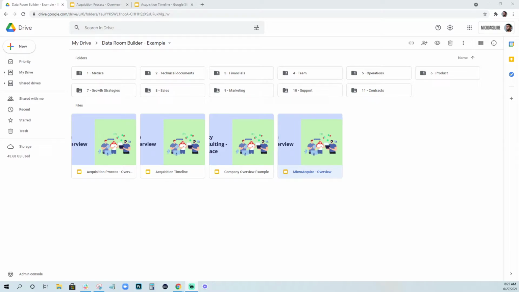But with so many startups being available for acquisition, your job is to stand out and to really build trust and build that relationship with buyers. And so a data room is a great way to do that. So I've created an example data room so you can copy this and customize everything, but the folders are completely customizable. You can include things like your metrics,